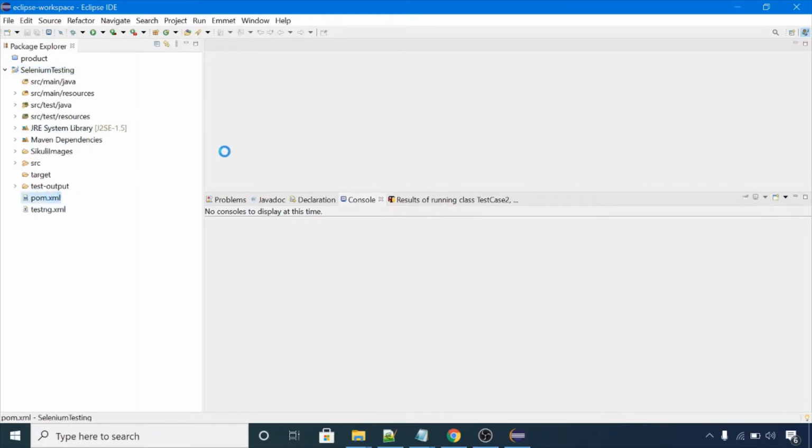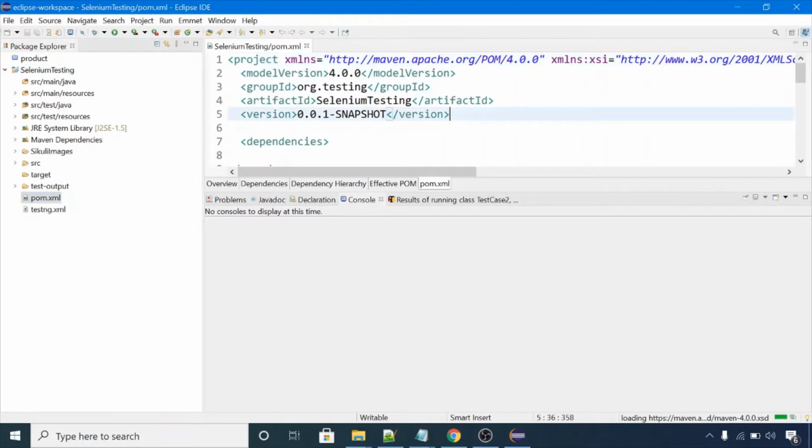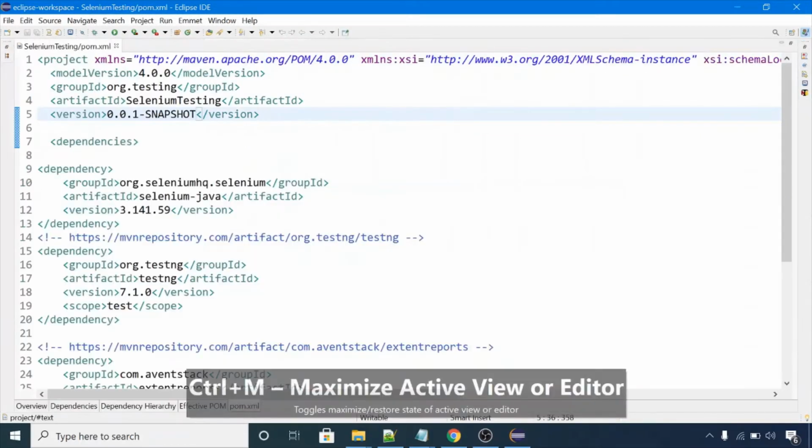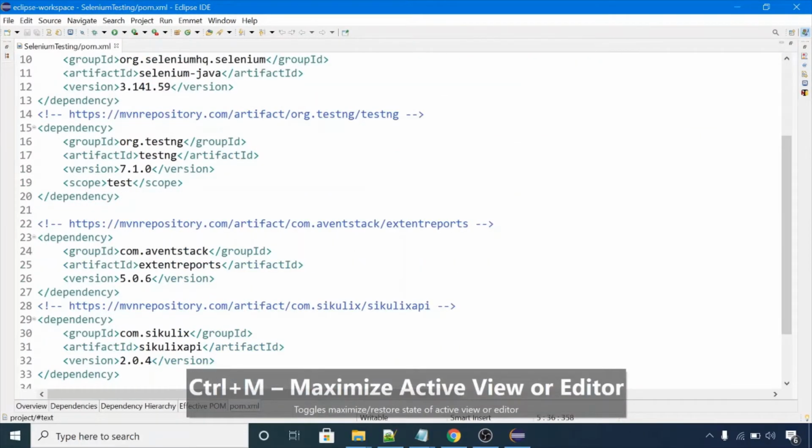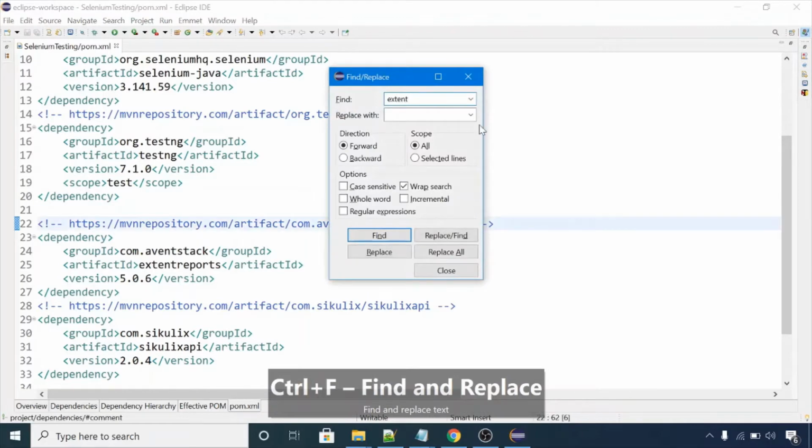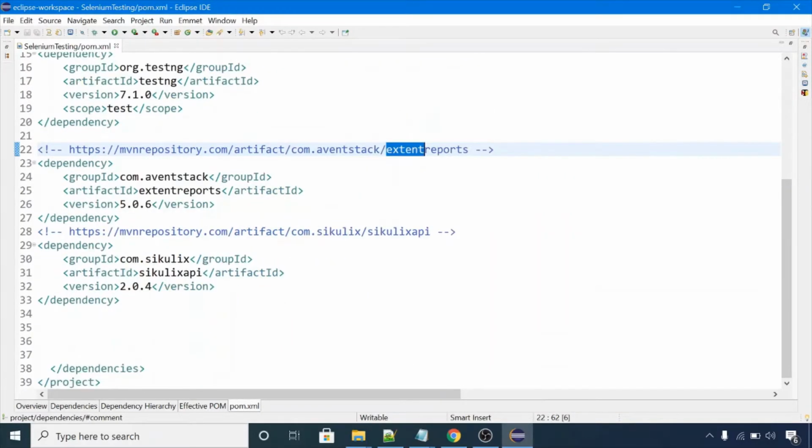Let me show you that dependency. Control M. Let me search for extent. So this is the Extent Reports dependency for a Maven project. Group ID is com.aventstack, artifact ID is extentreports, and version is 5.0.6.